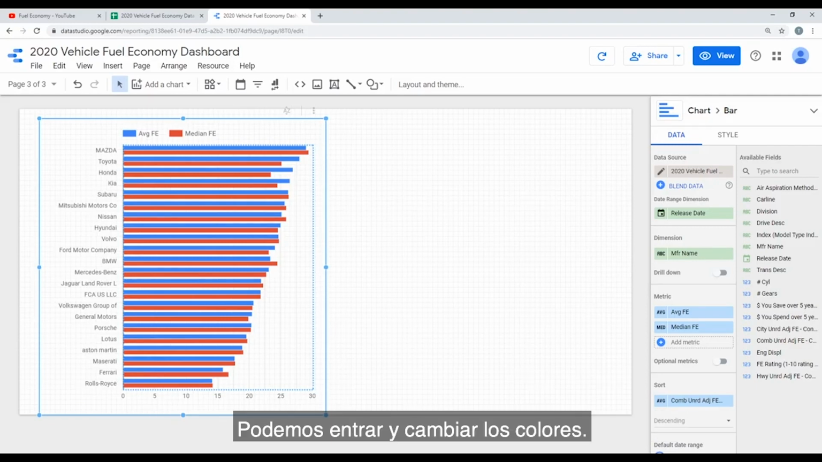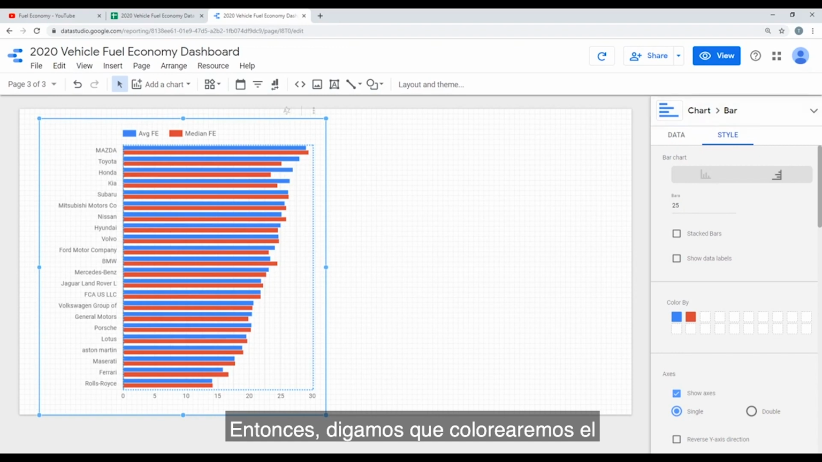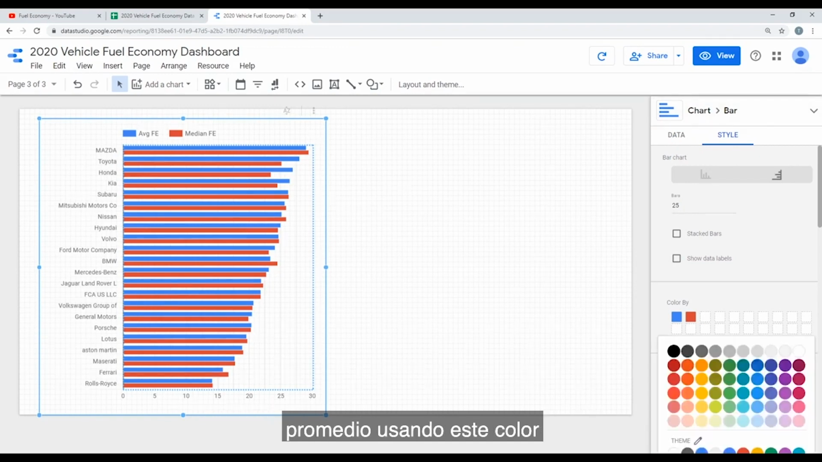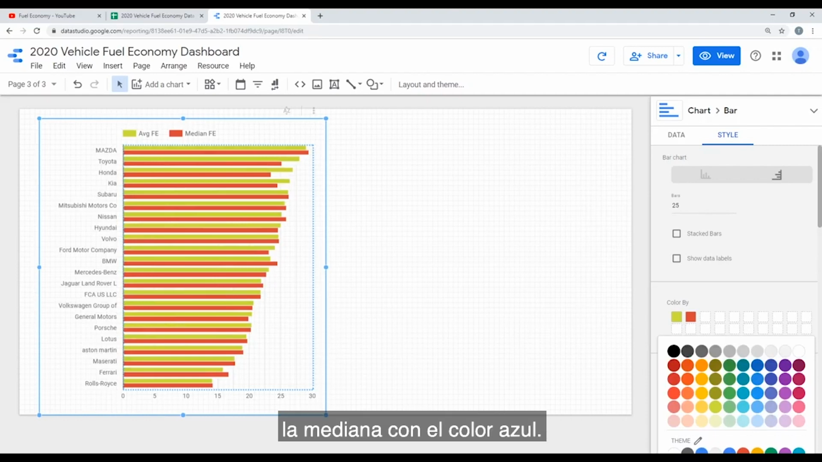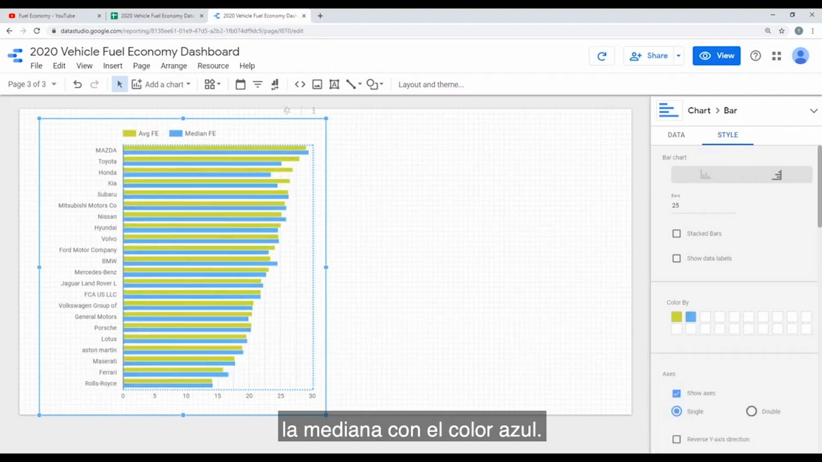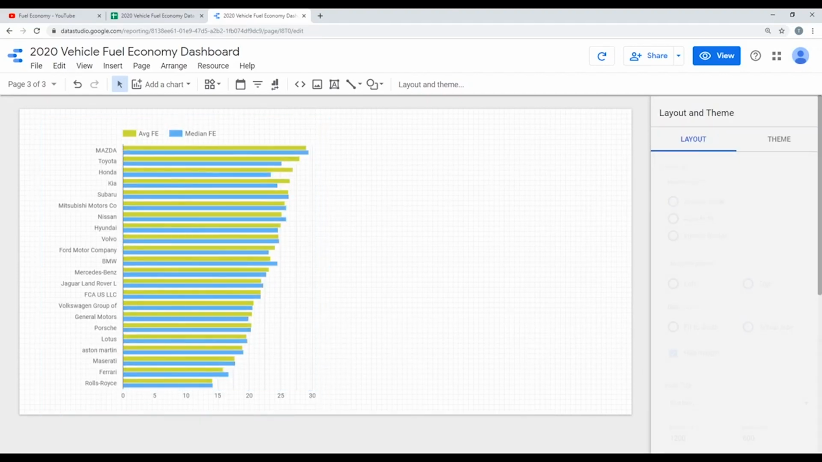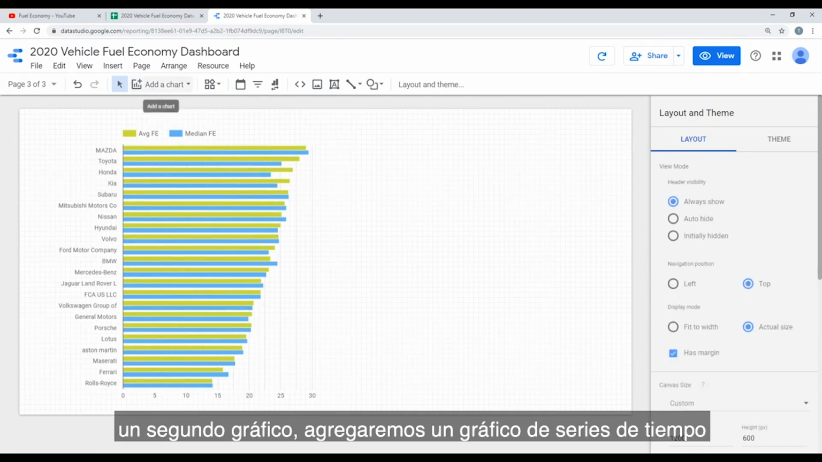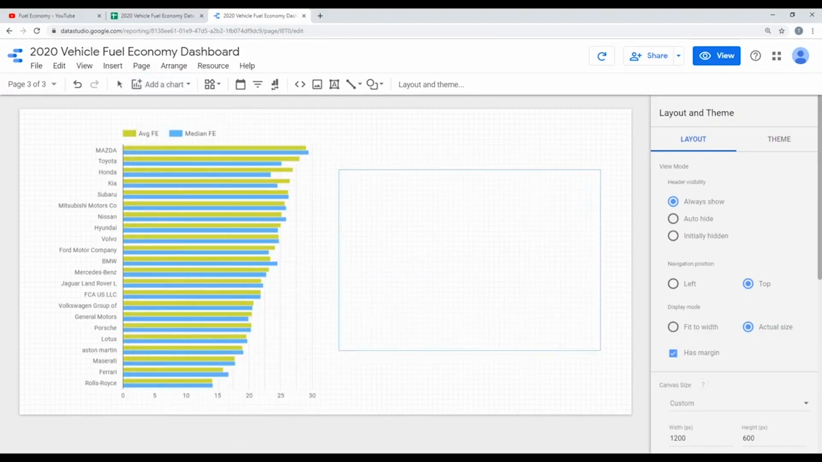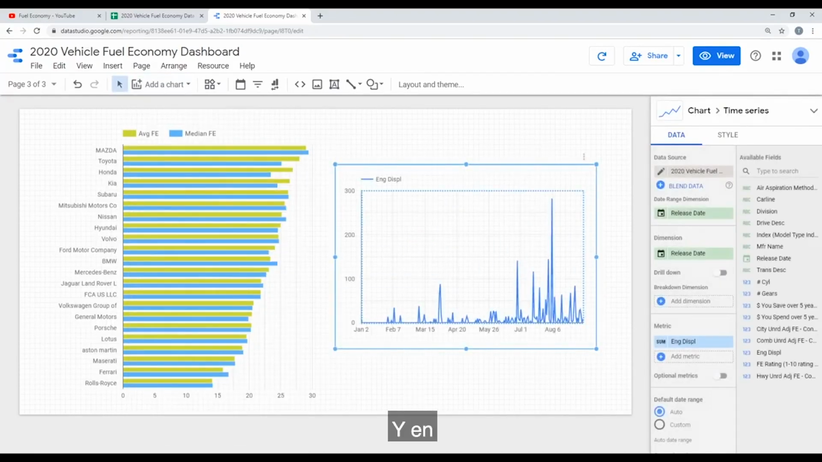We can go in and change the colors. So let's say we will color the average using this color, and the median by the blue color. Now let's add a second chart. We will add a time series chart on the right hand side, and on this